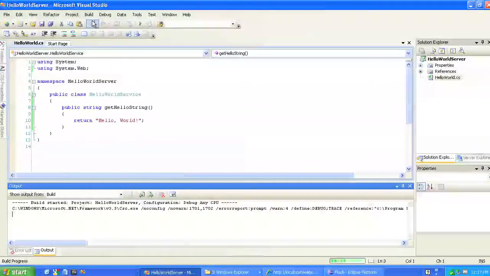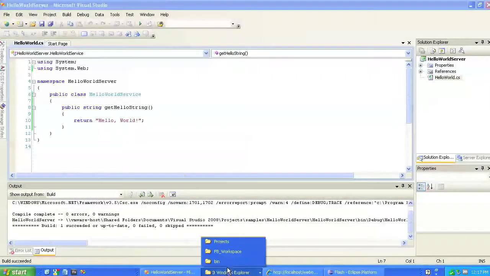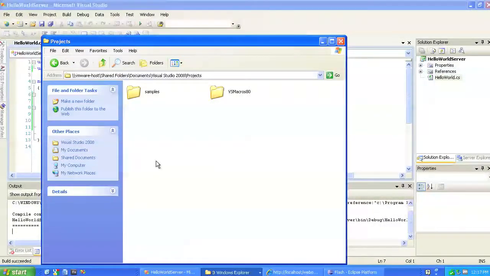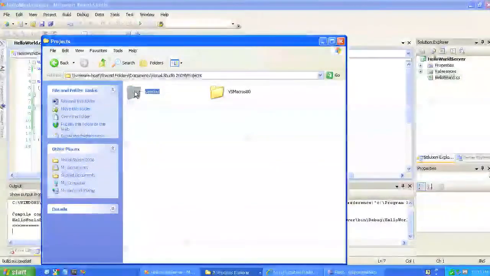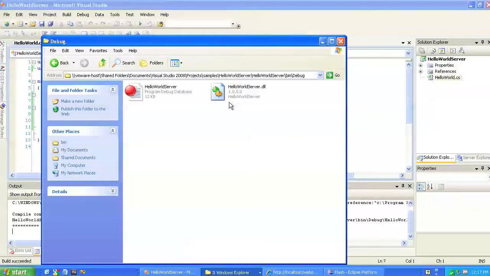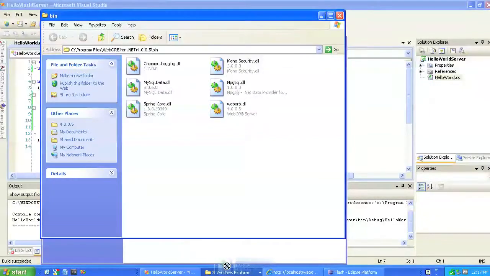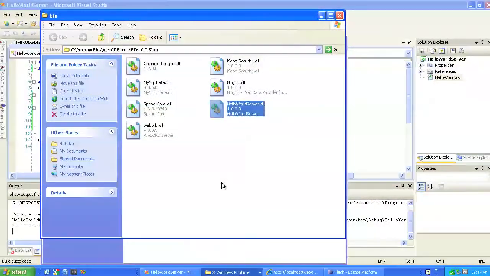And we'll build it. Get 0 errors and warnings. Let's go to where it's been built. In the projects folders, in our samples, Hello World Server, bin directory, and debug, and there's our DLL. Now we'll take that DLL, and one way to deploy it to WebOrb is to drop it into the folder of WebOrb itself. So this is the WebOrb.net folder,